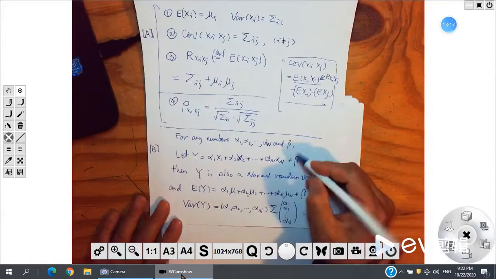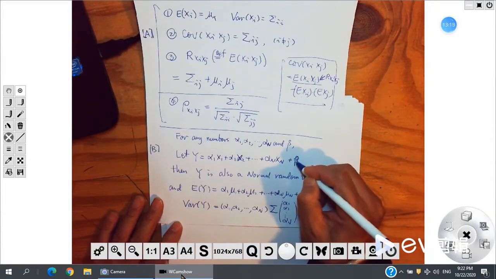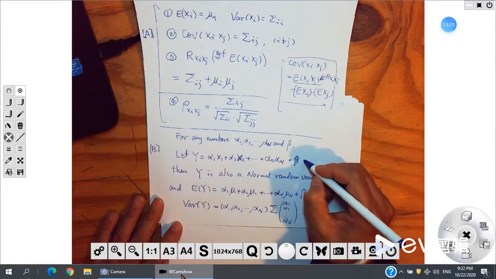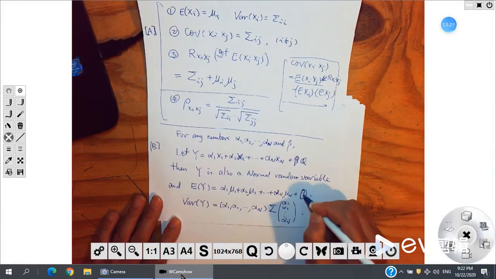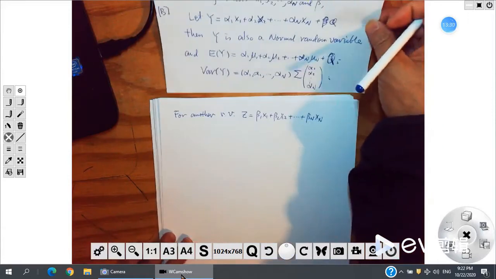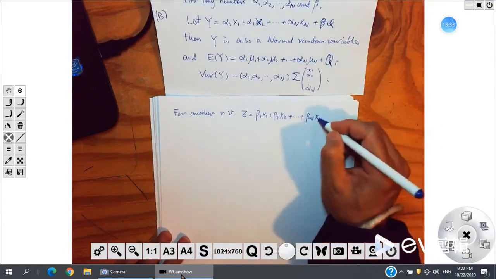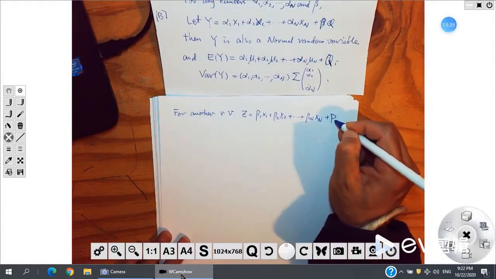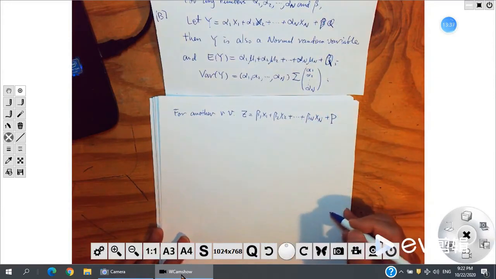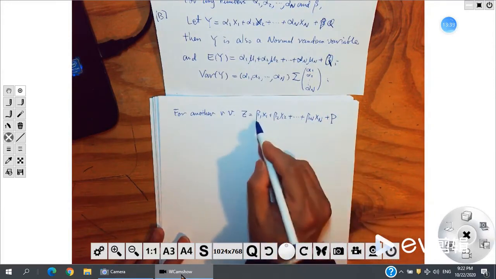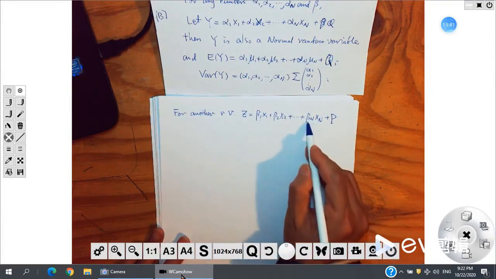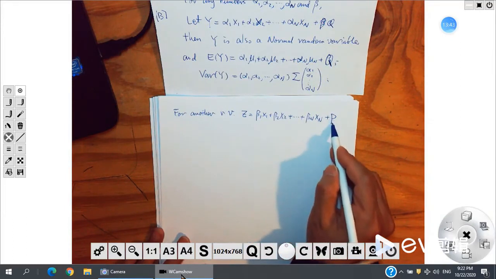I do this not as a beta, I use a q. Okay, use a q. So here's a q. Right. And this is this one plus p. Okay, if z is a random variable, combine those x with coefficient q and plus a constant p, then we will have